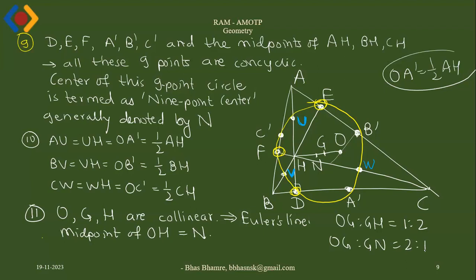Then we have the 12th result: the four triangles ABC, HBC, HCA, HAB have